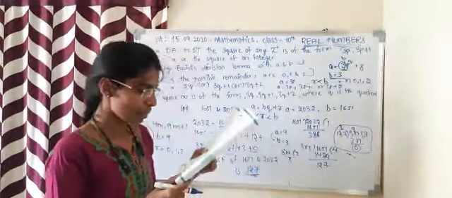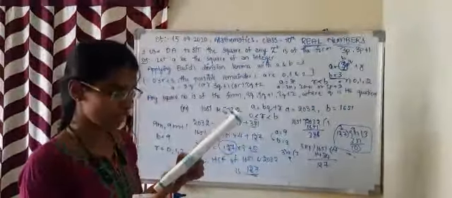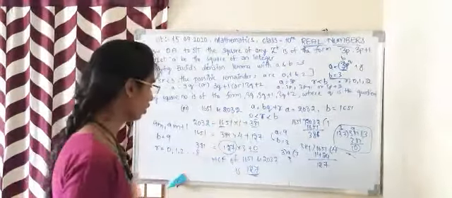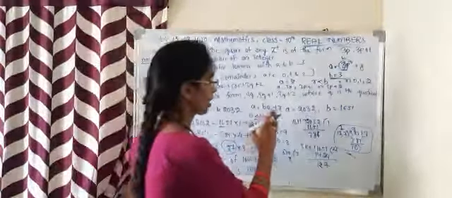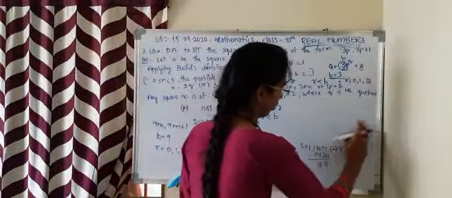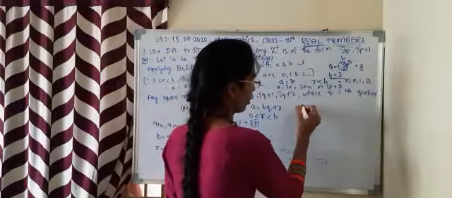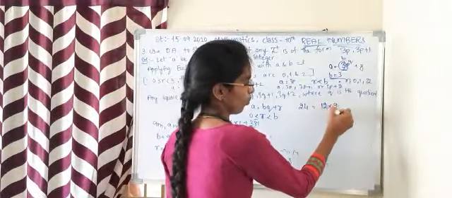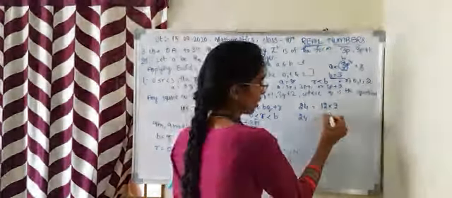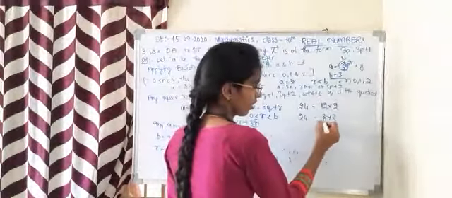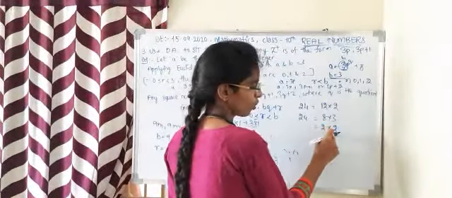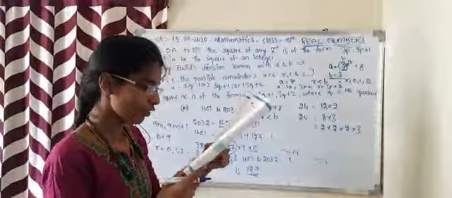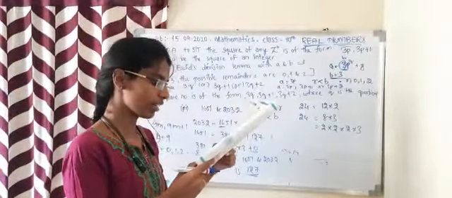Okay. For example, we know that 24 is equal to 2 into 12, and 24 is equal to 8 into 3. Let us consider one more example. 24 is given. 24 can be written as 12 into 2, or 24 can be written as 8 into 3. So we can write this as 2 into 2, 2 2s are 4, 4 2s are 8, into 3, right? Okay. If we know that 24 is equal to 2 into 12, then we can say that 2 and 12